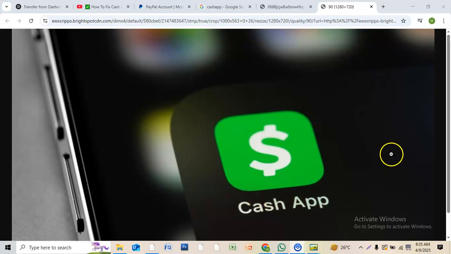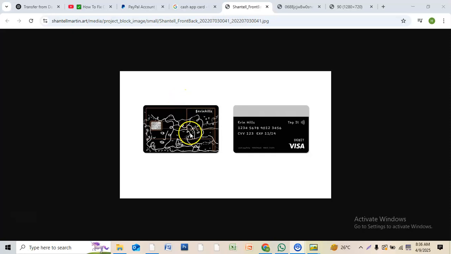To fix this issue, what you have to do, just open your Cash App from your device, then log in with your account. After logging in, go to Cash App Help Center and explain your problem, write your card number issue, and they will reply to your mail, and they will solve this issue, and they will tell you what to do